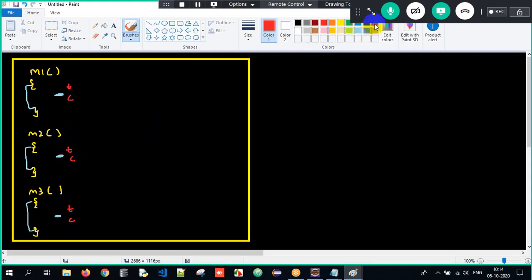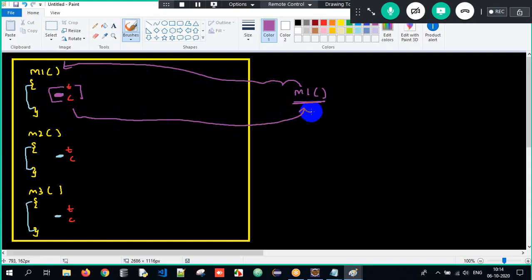Now I want to call the method. I call M1 off. I slowly call the method. Exception is occurring. Since it is handled with the help of try and catch block, it will get executed and the control will come back. And I am done with my execution. I'm happy I'm done with the execution.